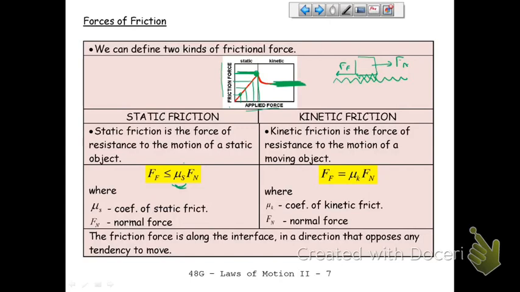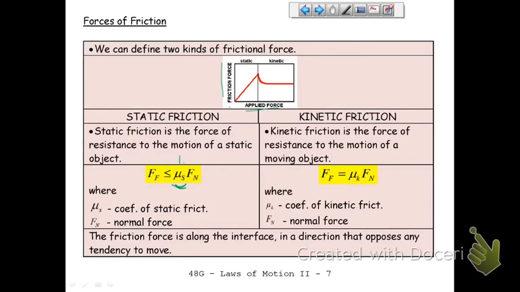Have you ever braked and felt that pulsing in your wheels? That's the ABS brakes kicking on and kicking off, trying to stop you as efficiently as possible. As soon as they detect motion without rotation of the wheels, they back off. And that's what that pulsing is. That's all because of this observation that the maximum frictional force is when you're on the point of slipping, not when you're slipping. So we've got to define two